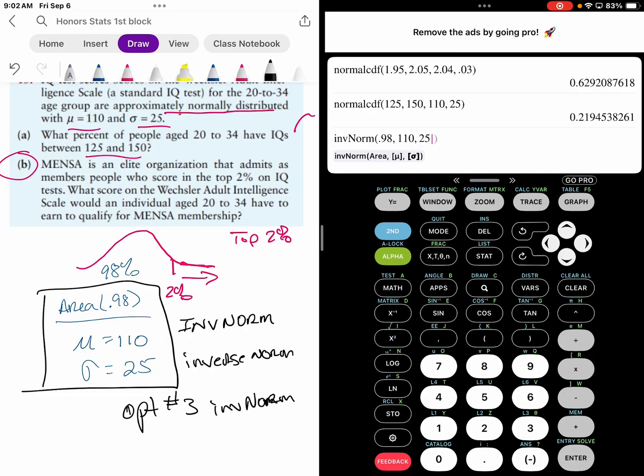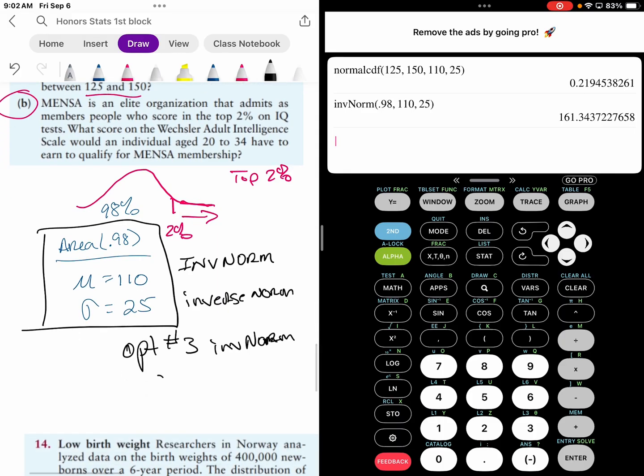Okay, so 0.98, and if you don't put in 0.98 and you did 98, it's going to give you an error. Okay, you can only put in a decimal less than 1 in that area category in that calculator for this feature. Okay, so now I'm going to hit enter, and it gives us a score of